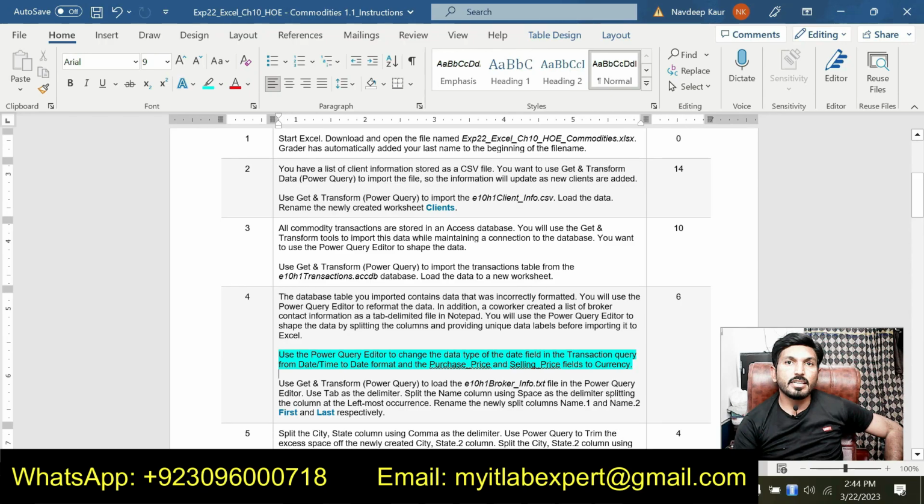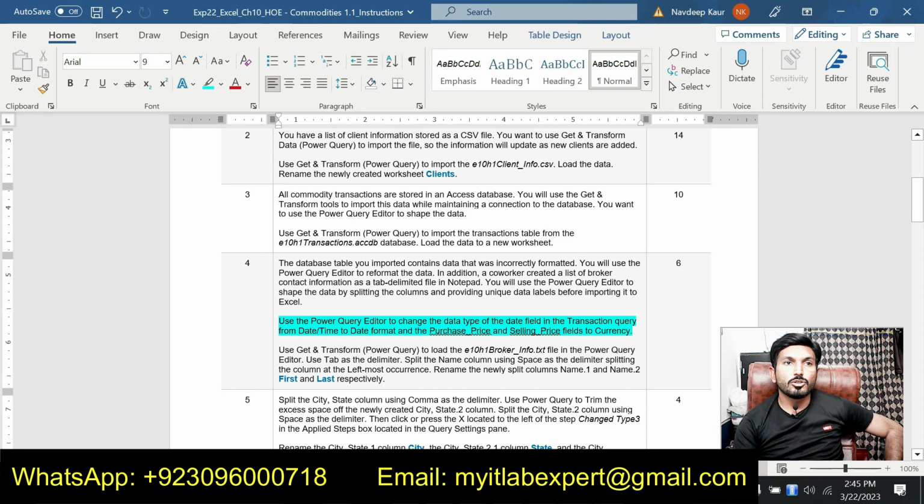In addition, a co-worker created a list of broker contact information as a tab delimited file in Notepad. You will use Power Query editor to shape the data by splitting the columns and providing the unique data labels before importing it. So now basically we are supposed to edit the data in the Power Query editor, and